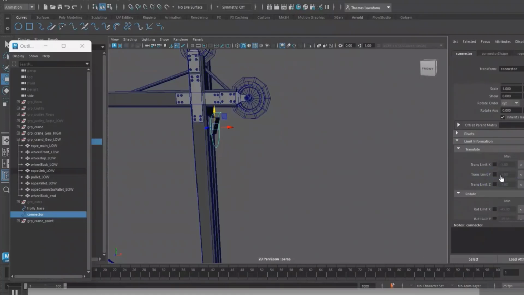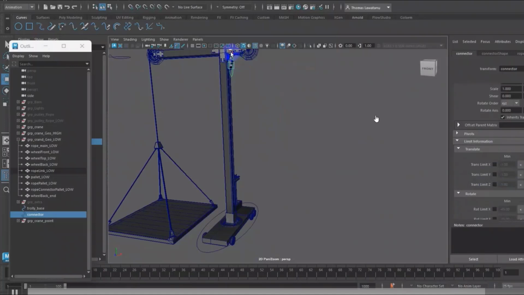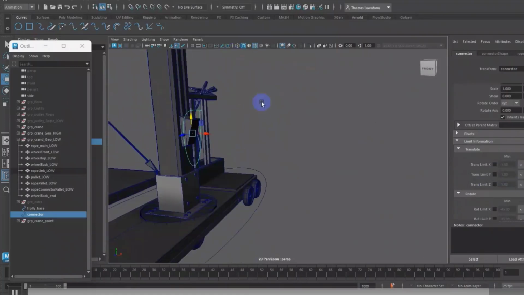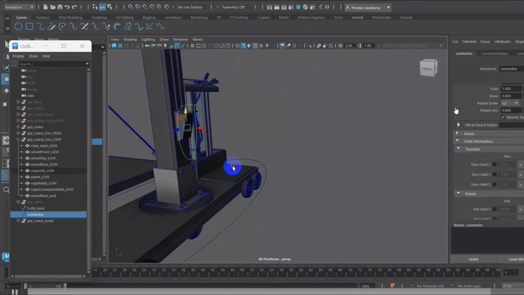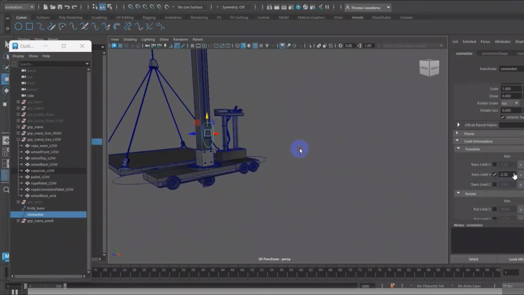I think this is the maximum, because when you look at the attribute editor, the position is 1.45. Then we can see the lower limit on the y-axis. You only check it, and don't forget to click that button here to activate.